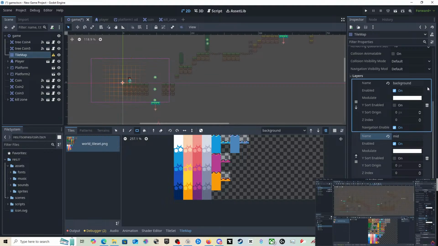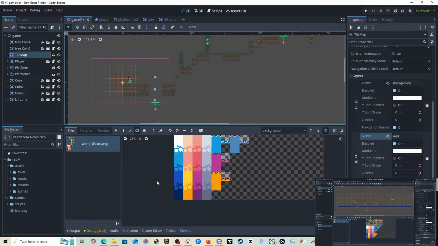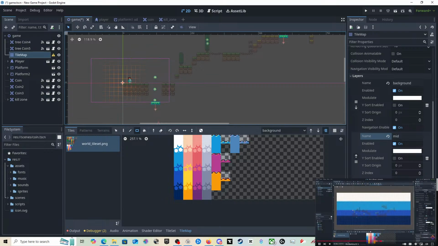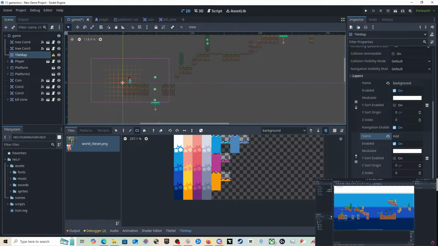And now when painting, we need to select the right layer. Why do you want it to draw on first? I don't get it. And then we can start painting in some background tiles. A nice trick here is to use the rectangle tool to paint in a lot of tiles at once. And now our game looks a lot better. It has a background and a whole new part of the level that we can explore. And of course, this process is just about trying things out and making changes until you're satisfied.